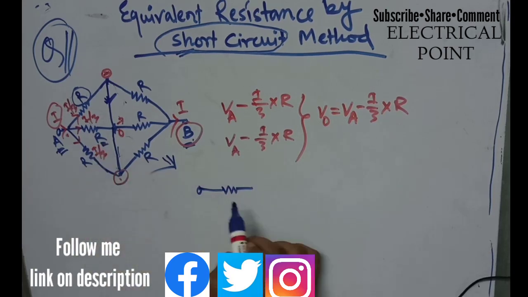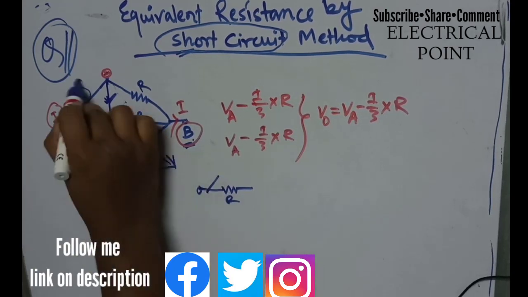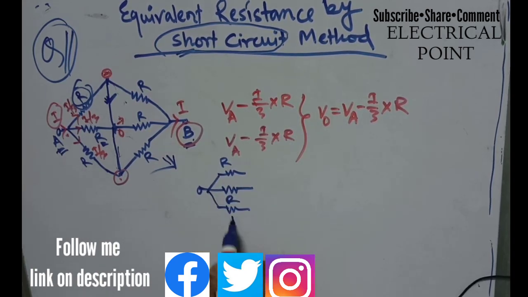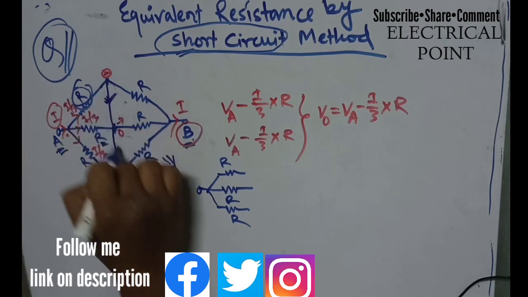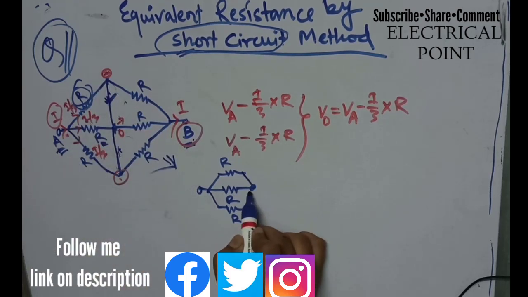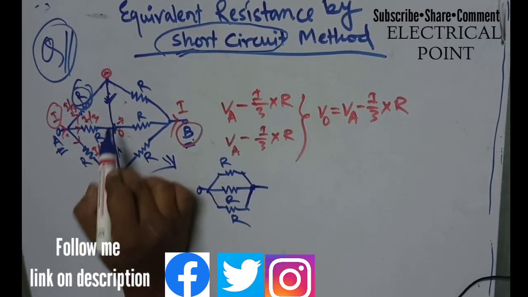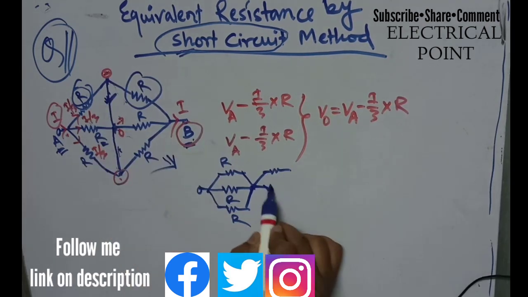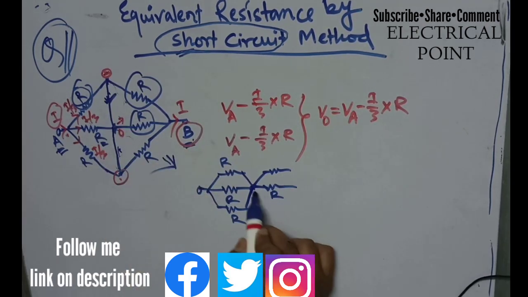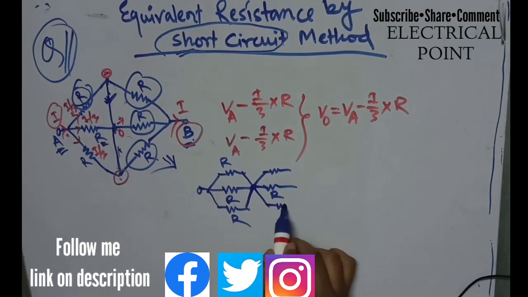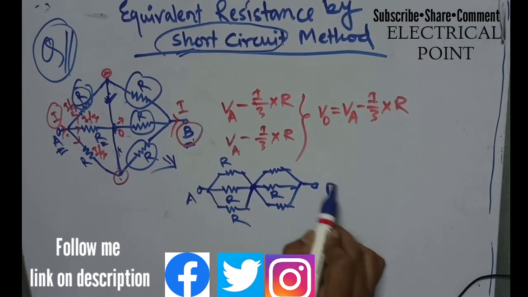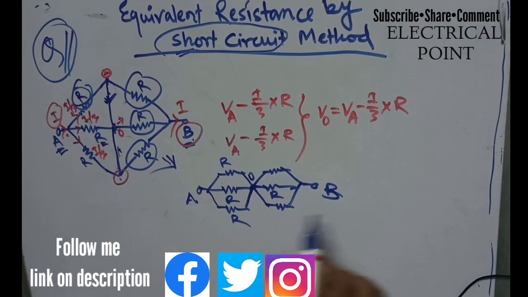This is the R resistance, and after that the upper R resistance, and here the lower R resistance, and these 3 points are the same point. Now I will join these 3 points into a single point, and again proceed in the circuit. Again I put this resistance R here, again this resistance R, and this resistance R. Now you can see this circuit has simplified. This is the O point, this is A, and this is the B point.